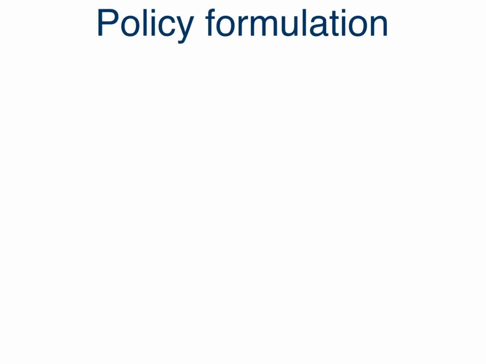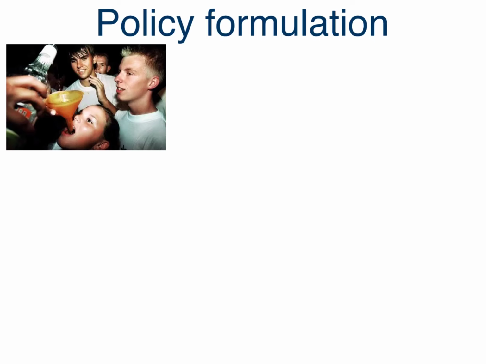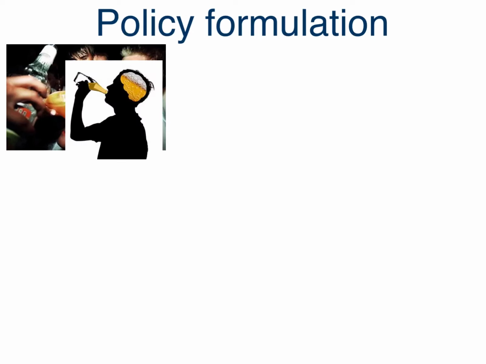Now, this clip is about policy formulation. So a fair question to ask is, why did the Dutch government decide to formulate this new regulatory policy? Obviously, there's more than one reason. An important one is that over the years, Dutch youth started to drink more and more. Recent studies reveal that in comparison to other European countries, Dutch children between 12 and 16 drink the most, with all the harmful consequences.